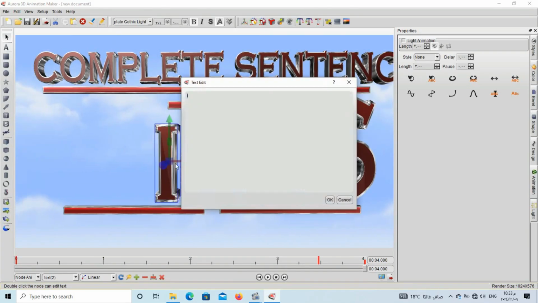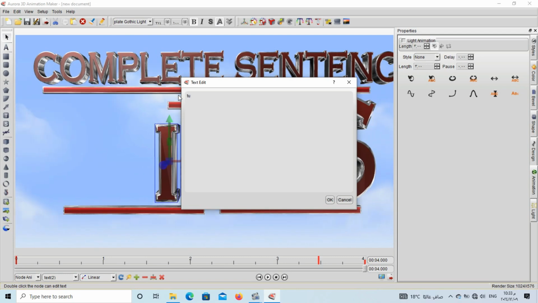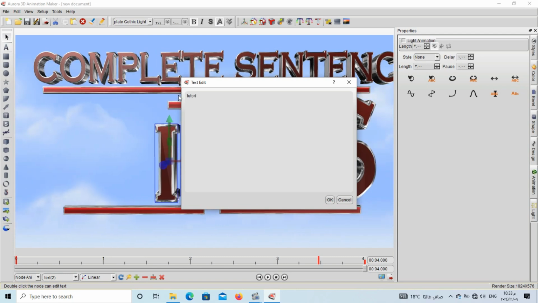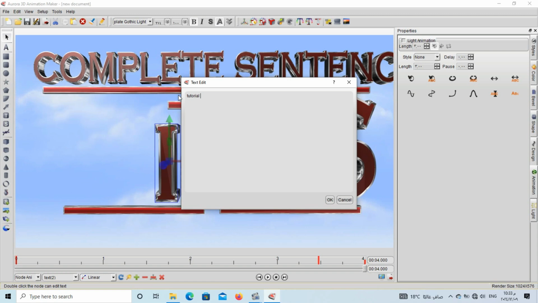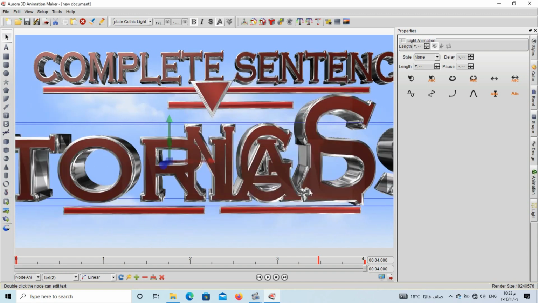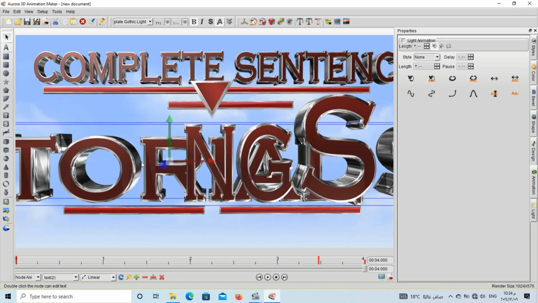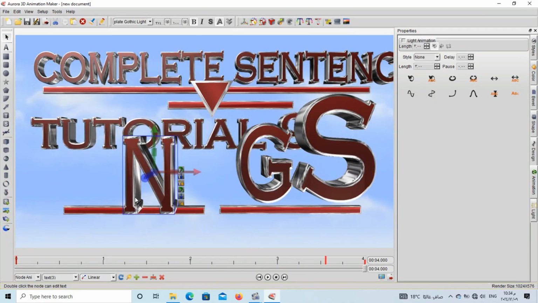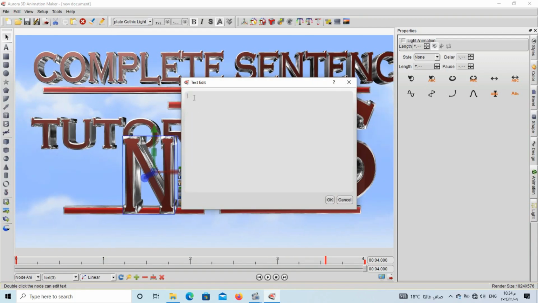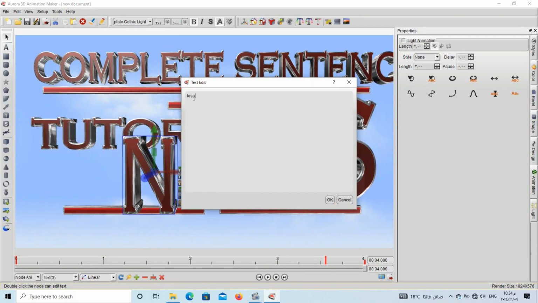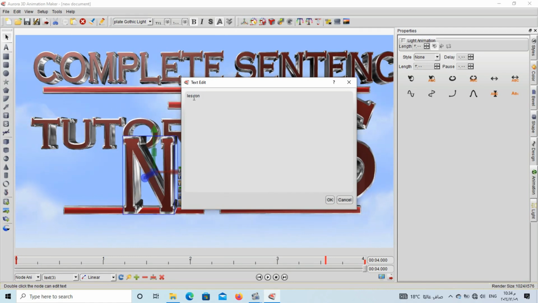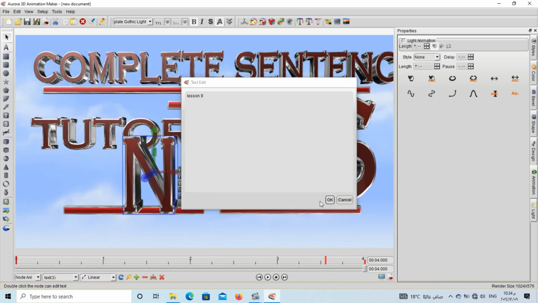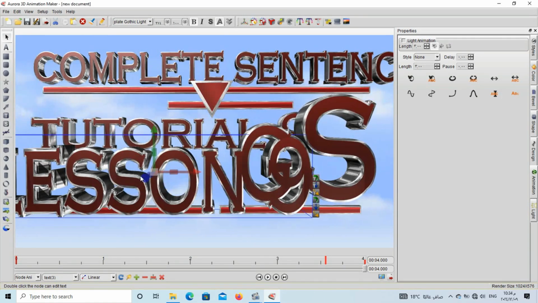And this one here I will delete this letter and I will type, let's say, tutorial 9, and let's hit OK. After that you can move it away, also away from this one. I will choose this letter here and delete this and type in my lesson 9, then apply OK. I will then move it down,